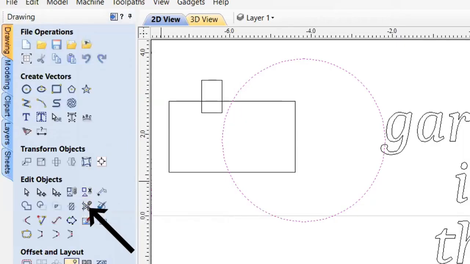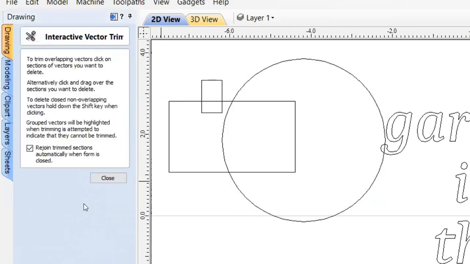Okay, so click the scissors. First thing is make sure that this checkbox is always checked. Okay, it'll always be checked. I'm not going to explain why. Just make sure it's checked. All right. So now go in and